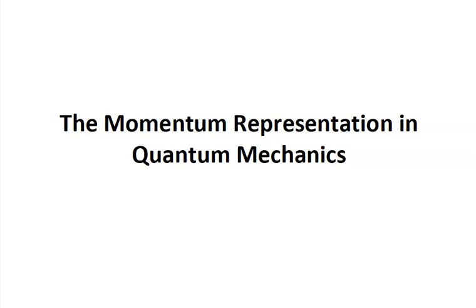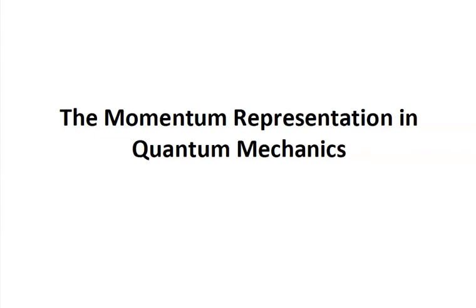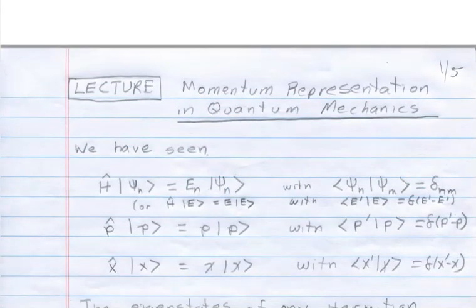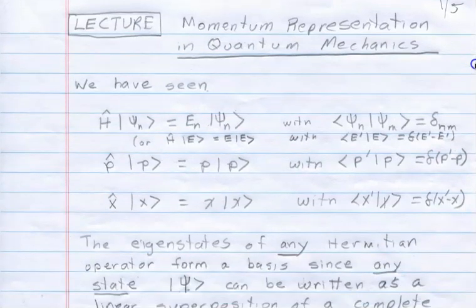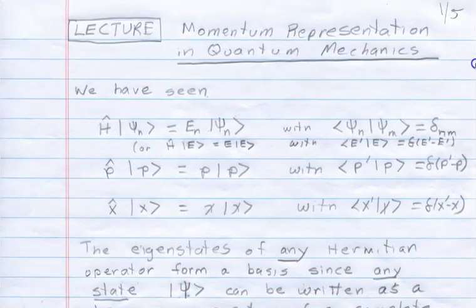In this segment, we're going to delve a little more deeply into the momentum representation, and just to summarize a little bit, and maybe introduce a little bit of different notation. We basically have found the following, that we could solve an eigenvalue problem, and here I've got the Hamiltonian operator